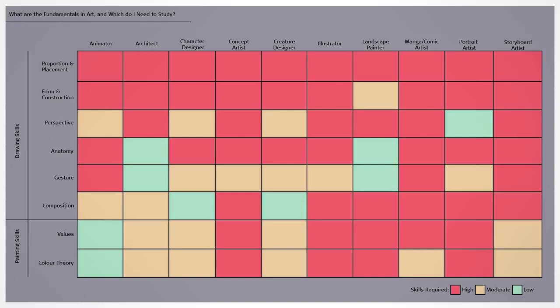And it's not just the fundamental skills. There are skills on top of the fundamentals, which is what I was getting at before, where the fundamentals are your foundation. That's what you build your house on. But you can have a really nice foundation and a very simple house, and animation is not that. Animation is like this crazy complicated manor or a castle or something. Anyway, hopefully this helps you understand what the fundamentals are, and hopefully what you need to study